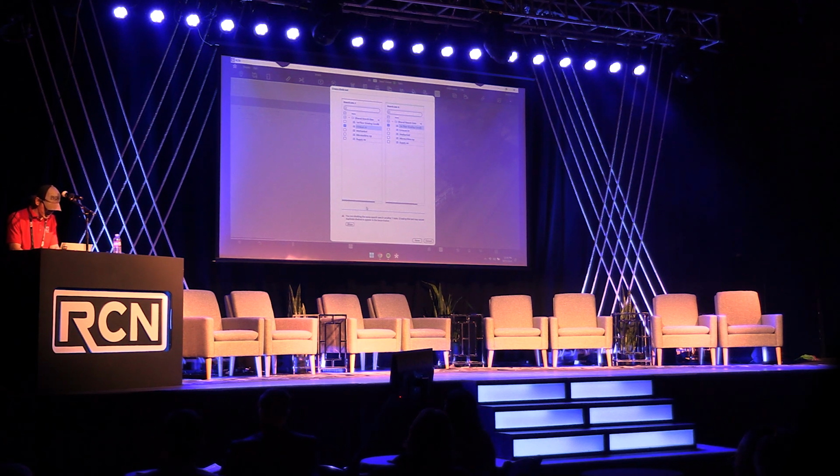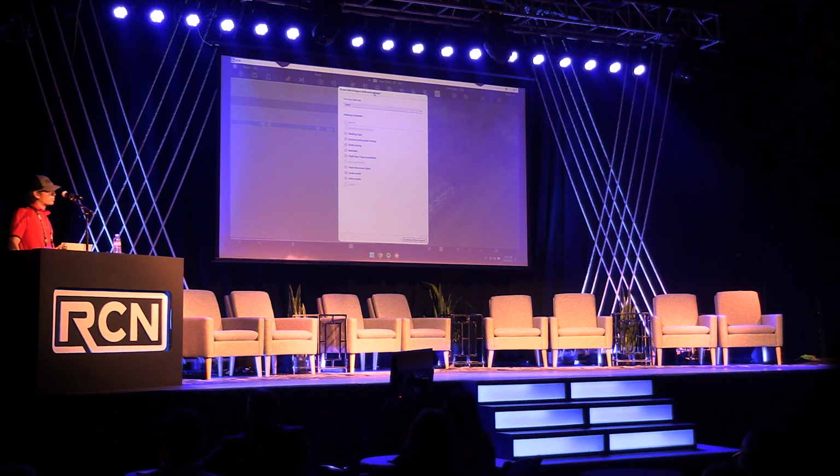So here I'm going to go in. I'm just going to give it a test name of RCN. And here it will actually give me a warning. It says you've tested this out a little bit. So I'm going to go ahead and say done. And now we can run through and really push a lot of what a coordinator does to the front end of this process. So we can go in here, choose various tests if we want to import settings from